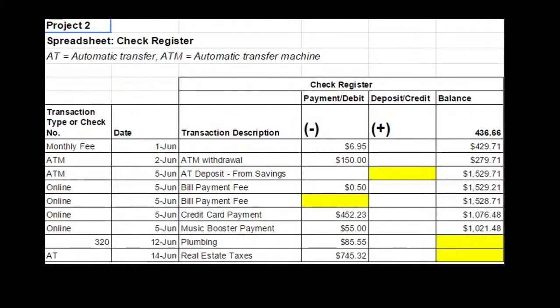Here's the second page of Project 2. Let's take a look at it. So we're given a check register. This includes a transaction type, the date the transaction was made, a description of the transaction, payments and debits, so